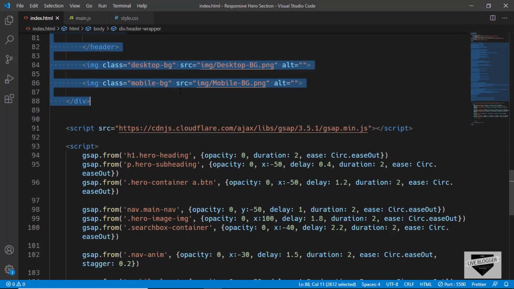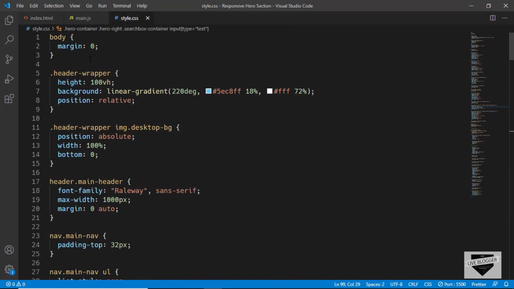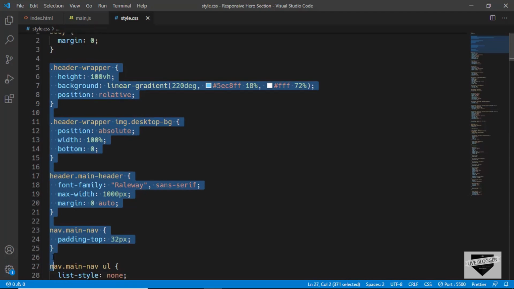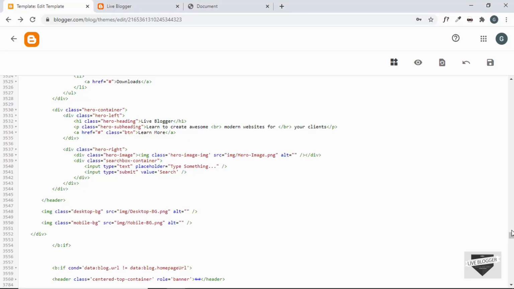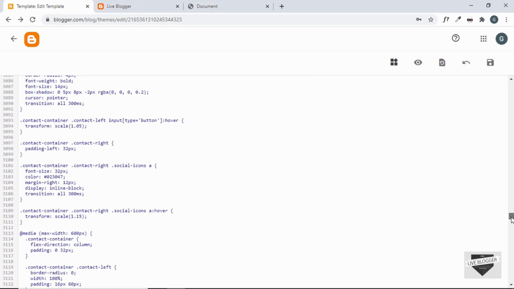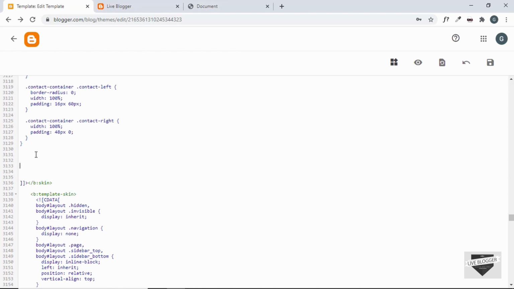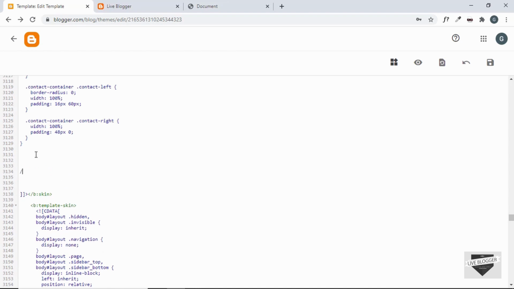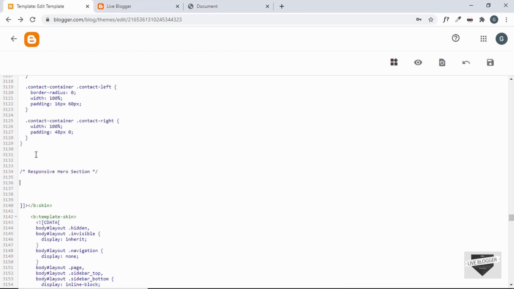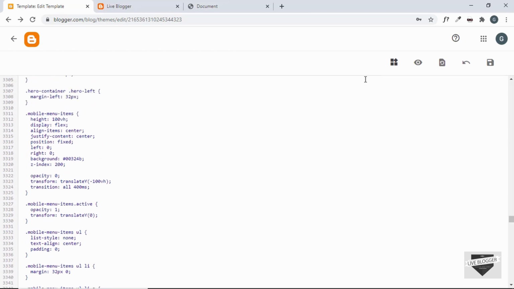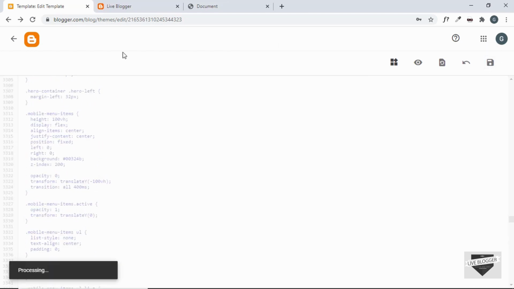So let's go back to our source code, and we'll go to style.css, and we'll copy all the CSS from this line of code, header wrapper, to the end, and we'll go ahead and find all the CSS. So if we scroll up, we can see that this is all the CSS that we have for this theme. So here I'll just create a comment, and I'll just type responsive hero section. Right, let's paste the CSS over here,